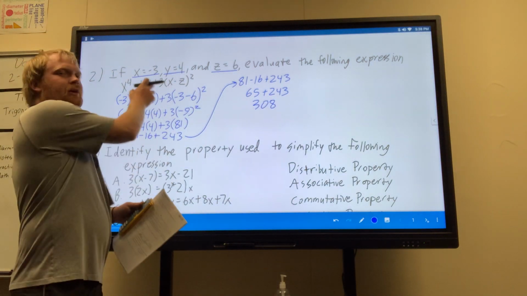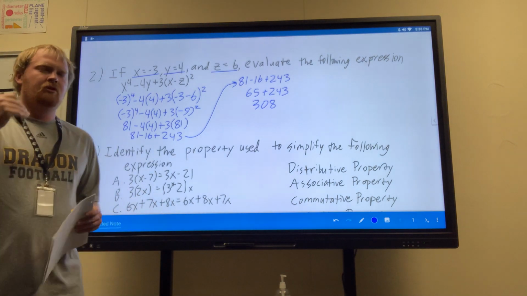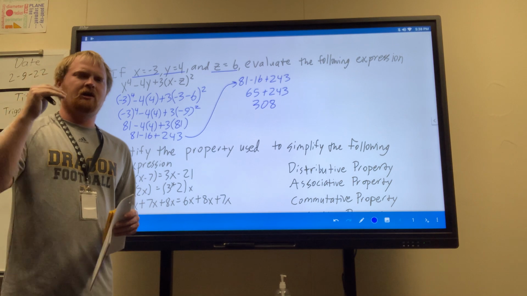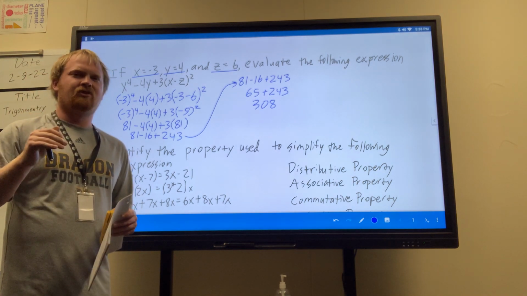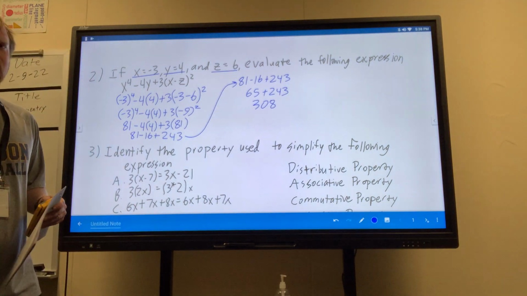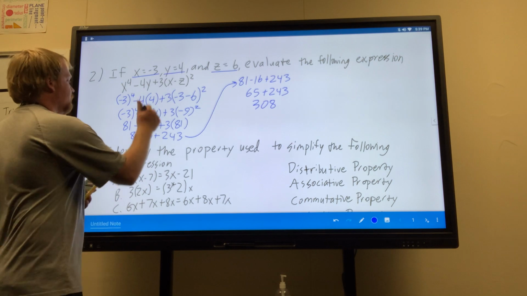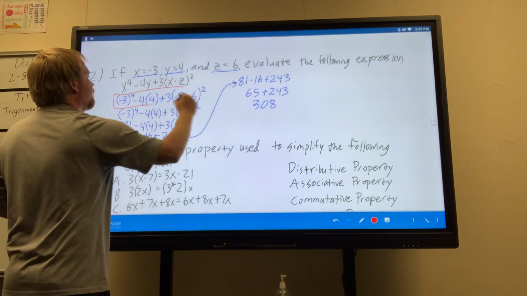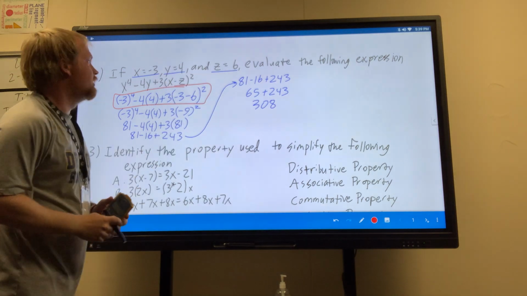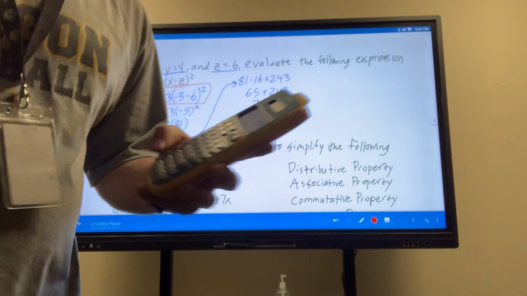So once you plug the values in, it's just doing order of operations, which is, remember, parentheses, exponents, multiply or divide, and then add or subtract. All right. Another thing you can do is plug this into the calculator. It's exactly how this is. So, just to show y'all,